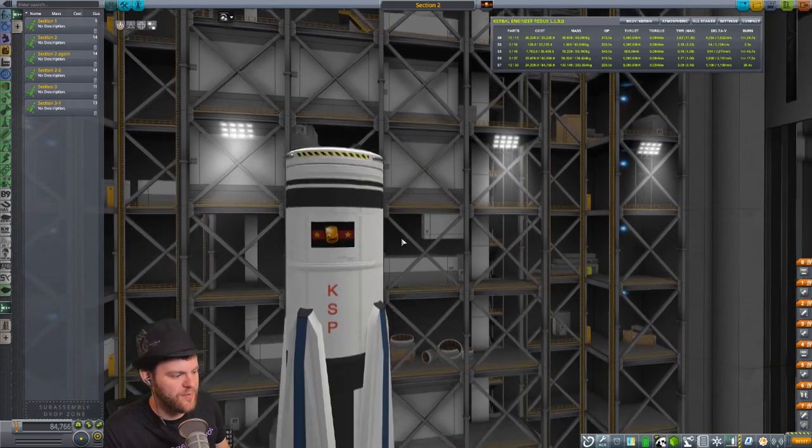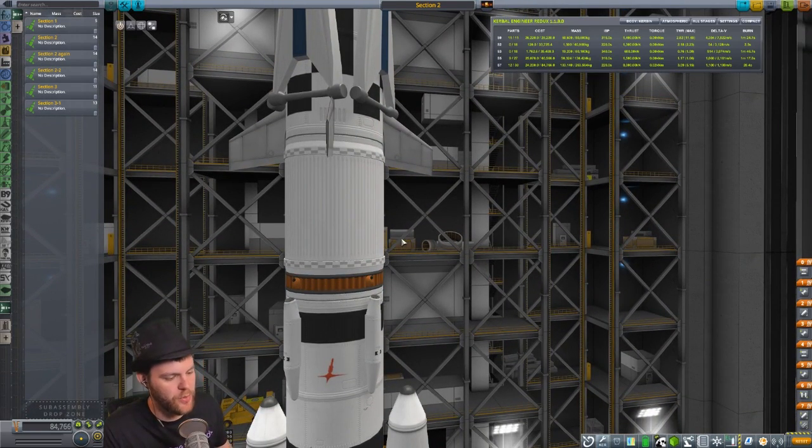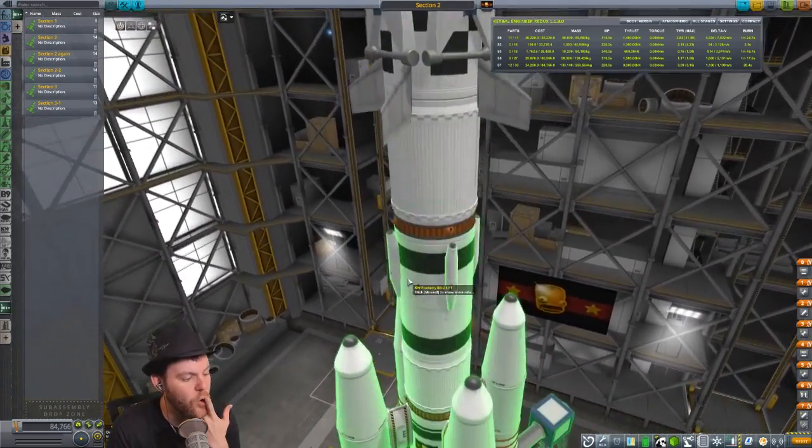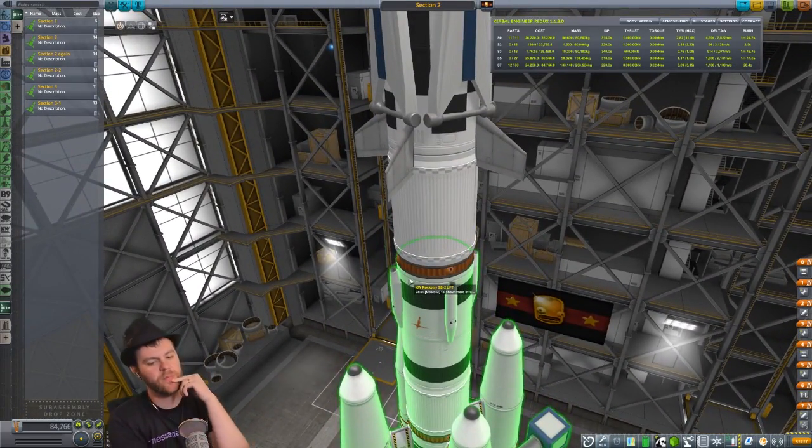Like, I'm not going to be able to get... Oh, I can't put a reaction wheel at the top, can I? Ooh, I can't. I have to get the whole thing. Well, it wouldn't...